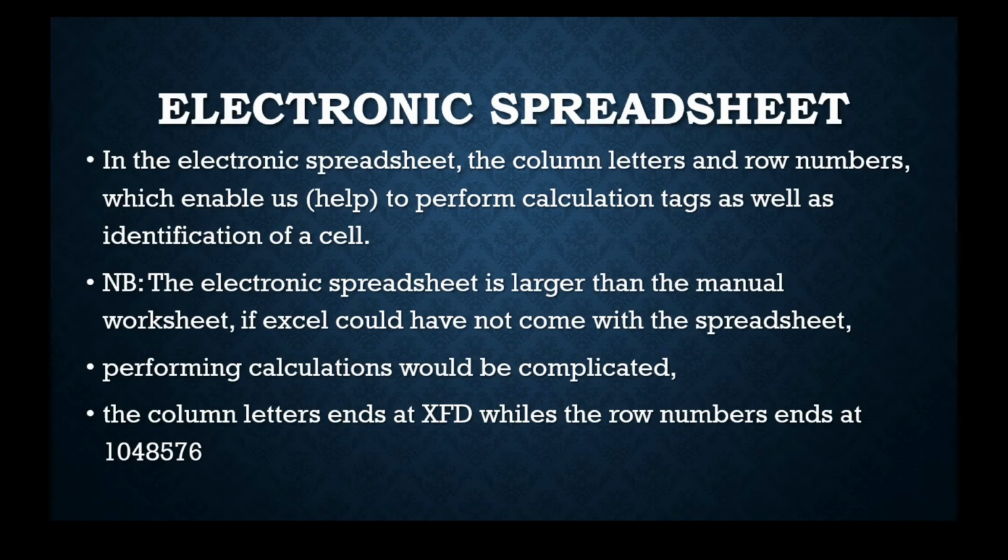Now again, the column letters, as I said, is not up to infinity, it's having a destination point. Okay, so the column letters ends at XFD, whilst the row numbers ends at 148,576. The row numbers ends there, and I'll be talking more about that when we come to moving around the worksheet. When we get to moving around the worksheet, I'll be throwing more light on that, and I hope you enjoyed the tutorial. The next video will be looking at moving around the worksheets, and you get the whole concept of how the column letters ends